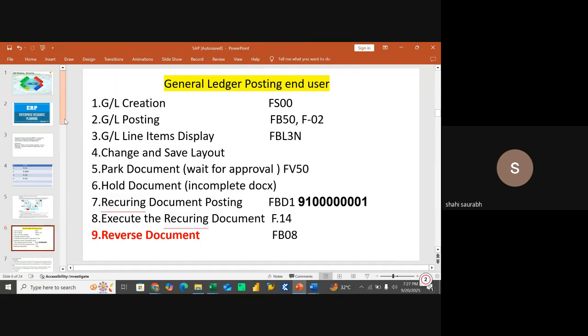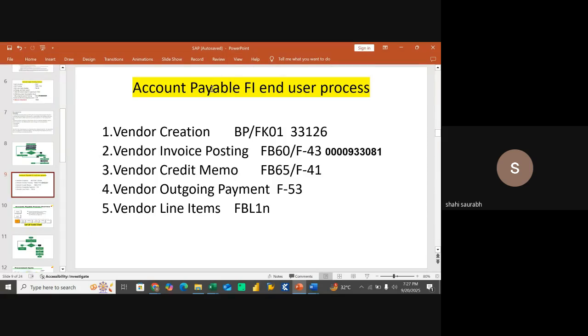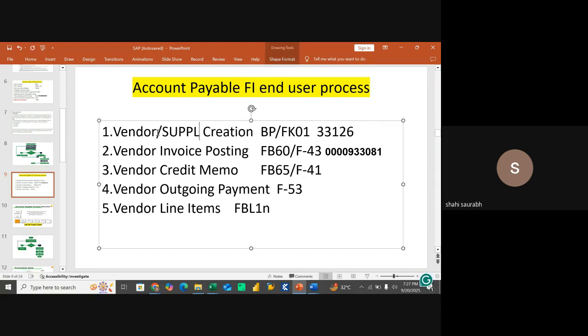The second process is accounts payable. In this process, you need to create vendor creations. Some people say vendor, some say supplier, vendor slash supplier. Okay. Some countries use the name vendor, some countries use supplier. So vendor slash supplier. Accounts payable means whenever you are purchasing any material, any goods, you make a